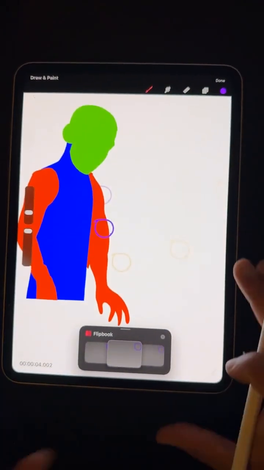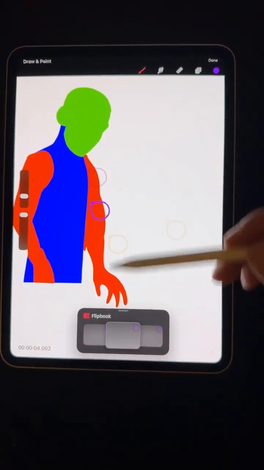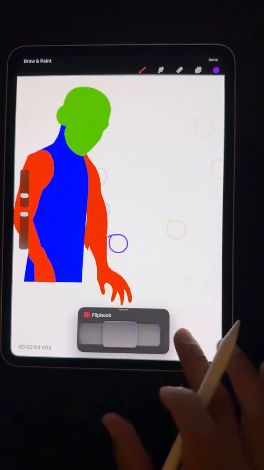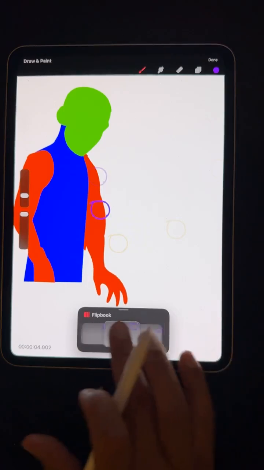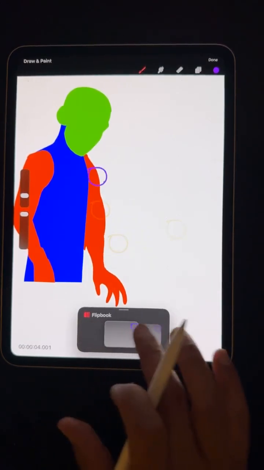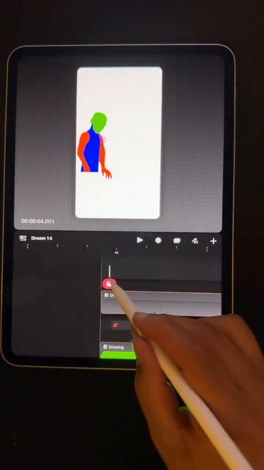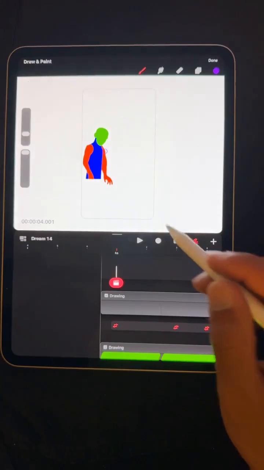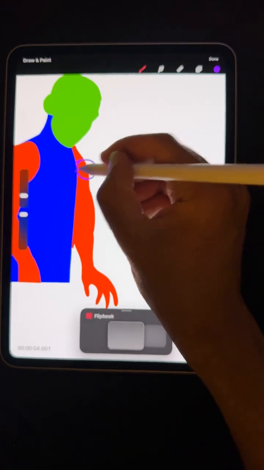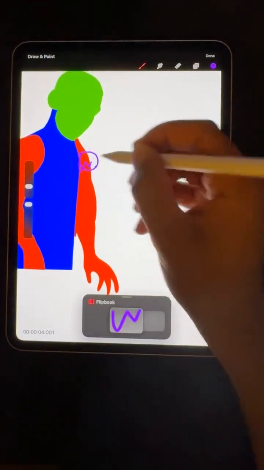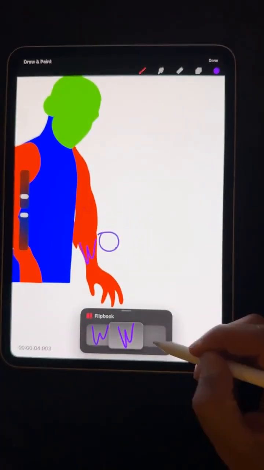This mode is called flipbook mode, and it lets you see the past of your drawings and the future of your next drawings. And what's nice about flipbook is you can kind of flip the frames with your fingers and see where the things need to go. So I'm just using this purple marker kind of like a placeholder, right? Because what I'm going to do on the layer above it is go to drawing mode, and I could just follow this. So if I wanted to have some energy go down the arm, I could just follow the purple